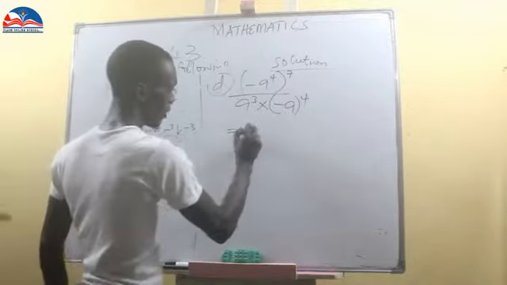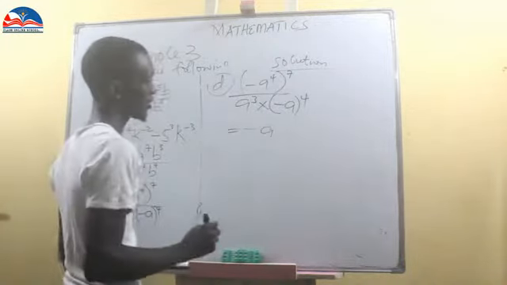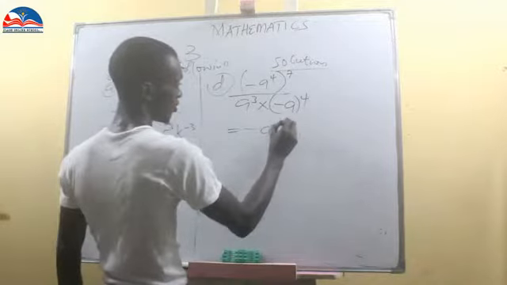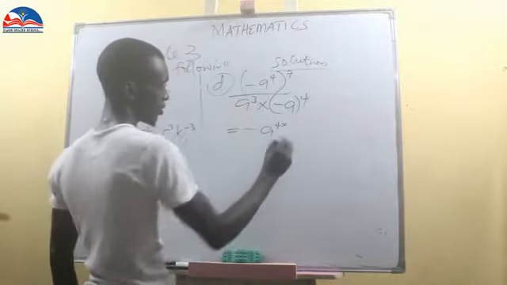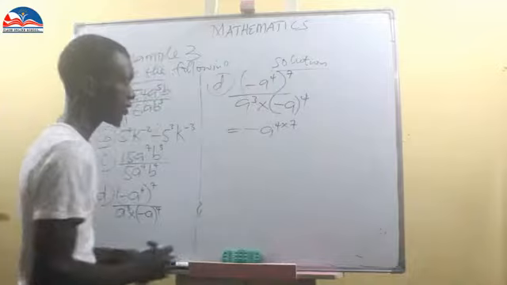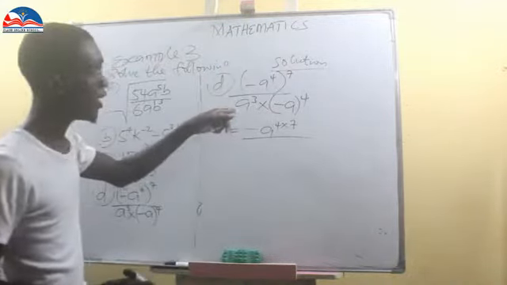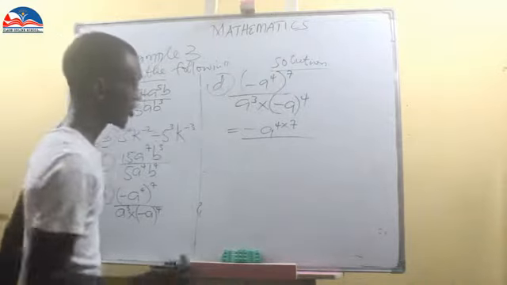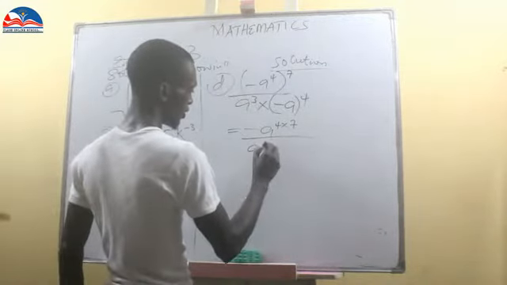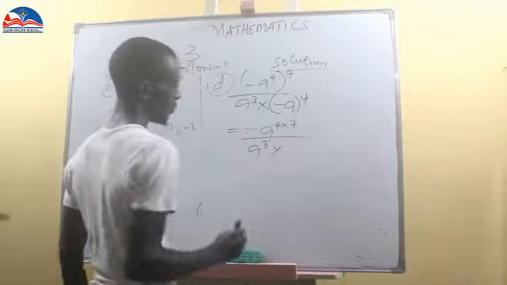So we have minus A index 4 times 7, over A index 3 multiplied by